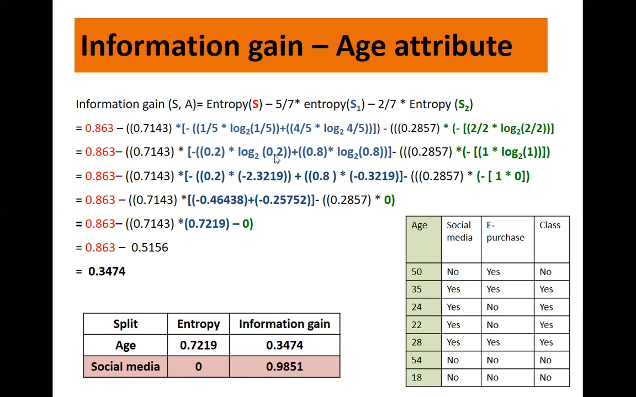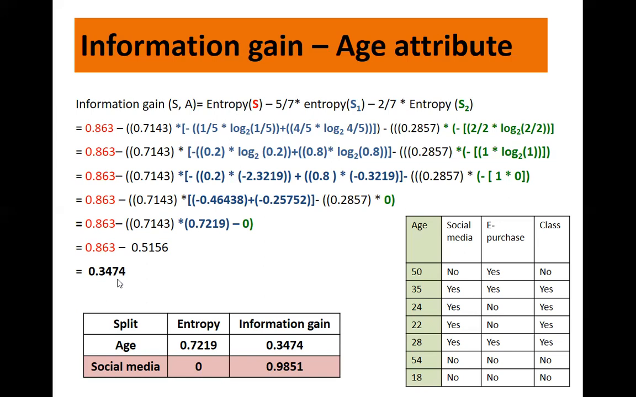1 by 5 is nothing but 0.2. 4 by 5 is nothing but 0.8. Fine. Log of 2 by 2 is 1. 2 by 2 is 1. So now log of 1 to the base 2 is nothing but 0. Fine. Similarly, calculate the log of 0.8 to the base 2, it is this. Fine. Log of 0.2 to the base 2 is this. Carry out the multiplications. Fine. Carry out the addition. And when you solve this, you get